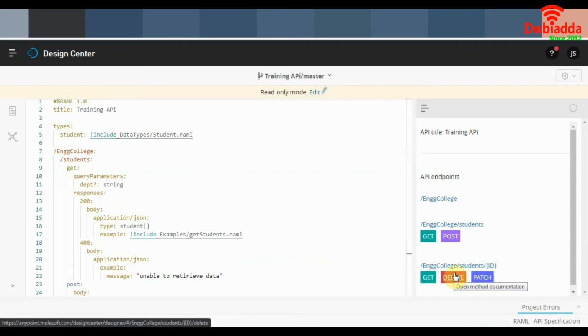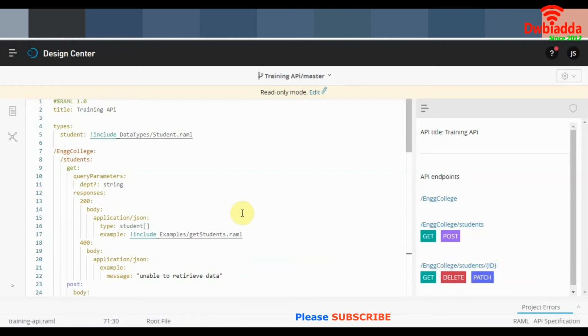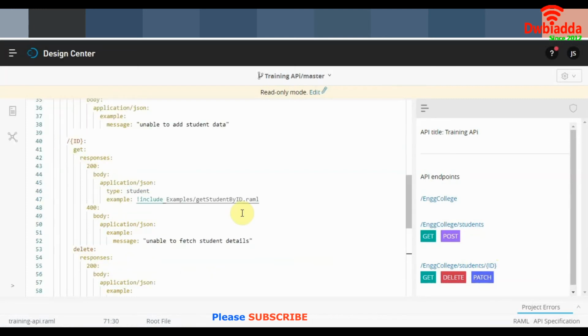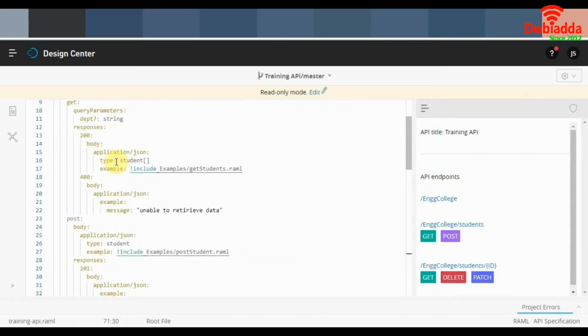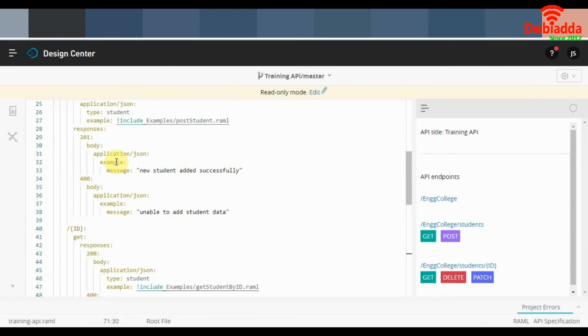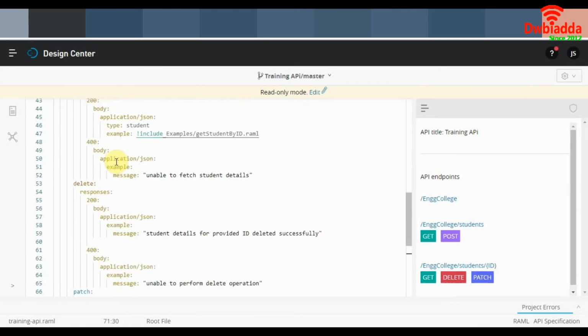So another HTTP method that we haven't used in our YAML config is the put method. Put is basically similar to patch, but how we'll use put is we'll give an ID and we'll have to provide all new values for our student. So all the details need to be changed. So those are the 5 HTTP methods: get, post, delete, patch and put.